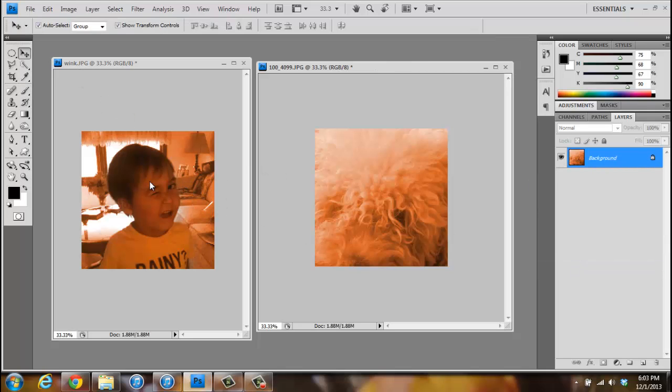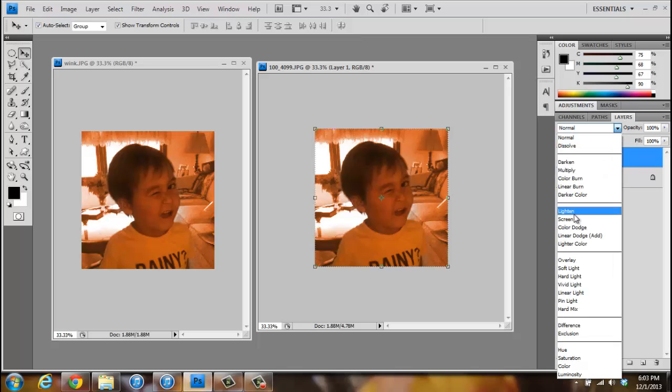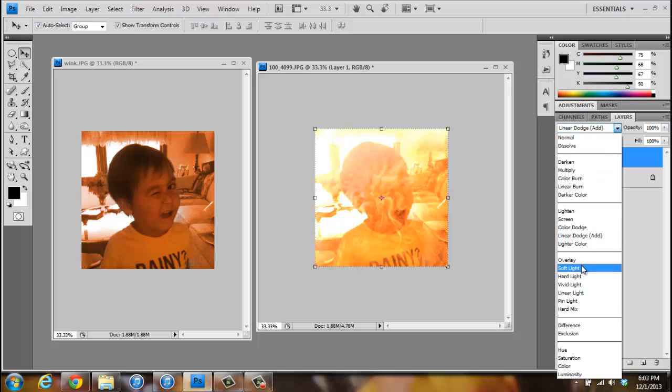Now I'm going to drag my image over the other one and get them to line up on top of each other. I'm going to use the eraser tool to enhance different blending effects, and I'm going to play around with the overlays. So I can go to lighten, or I can go to light linear dodge, soft light,